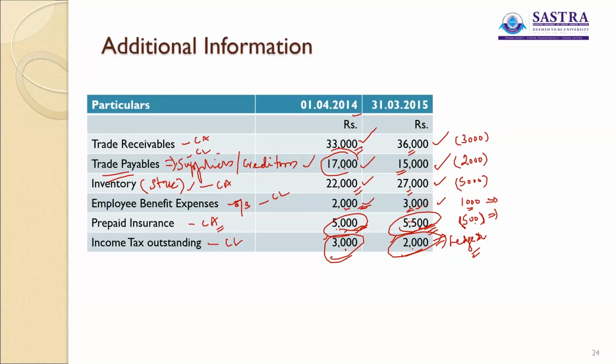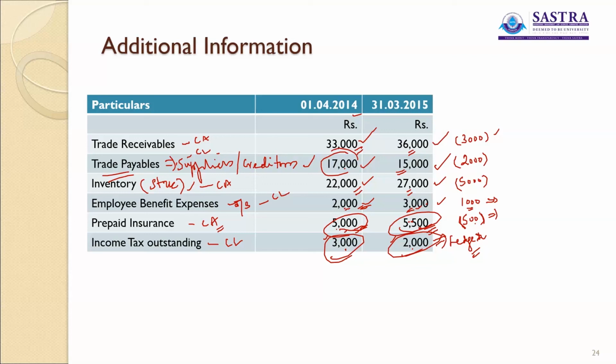So when your investment in current assets is more, your operating cash will be less. From 22,000, it has increased to 27,000, which means your operating cash will be less. It will impact your cash position, so it should be taken as less. Similarly, an increase in receivables is a less item, because you are giving more credit to your customers. So your operating cash will be less.